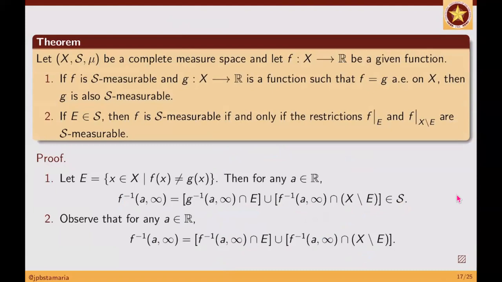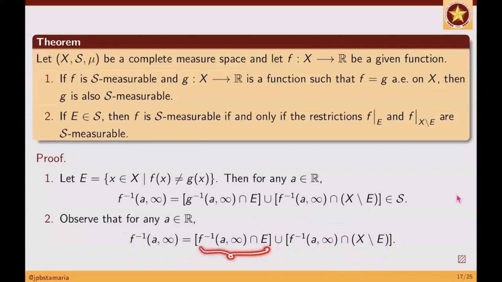Ang gagawin na lang natin, iba yung E dito sa number 1. Take note, iba yung E dito sa number 1, iba yung E dito sa number 2. E here is just a fixed measurable set. Ito kasing mga points where f of x is greater than a may be grouped into 2. Ito yung mga points where f of x is greater than a at the same time nasa E. Ito naman yung mga points whose f of x is greater than a but yung x wala sa E. Ayan, kaya yun. Did you understand?